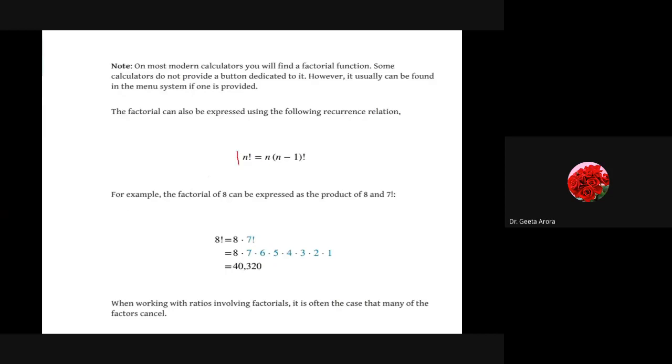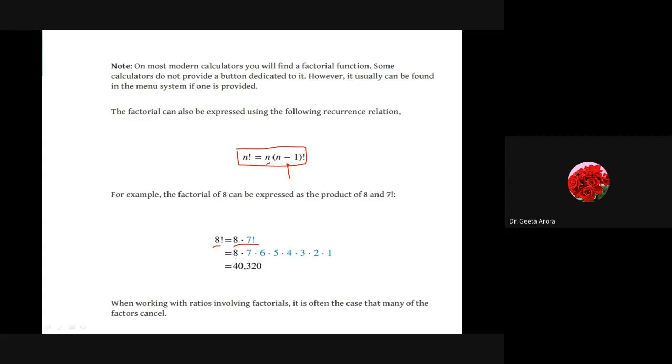One other formula we have is n factorial. If we are talking about the n factorial, then it can be written as the product of number n, whose factorial we are calculating, multiplied by factorial of n minus 1. And we might have used it in simplification when we learned nCr, because there also we have to simplify the expression nCr by cancelling out the n factorial and n minus r factorial. So here it is the same thing, that simplification whenever required we can use it. If we have 8 factorial, for example, it can be written as 8 and 7 factorial.